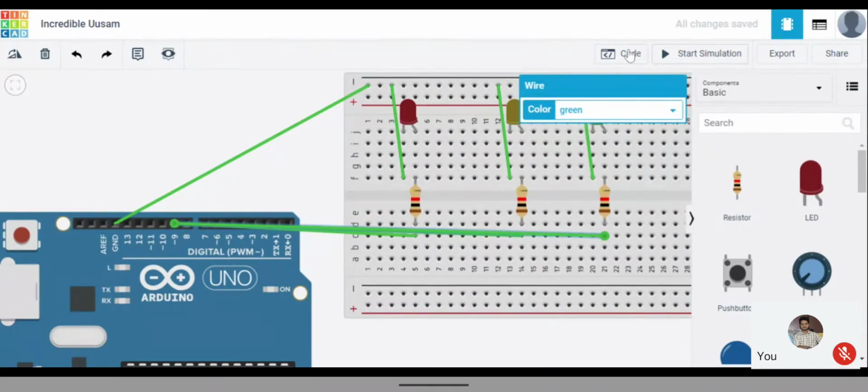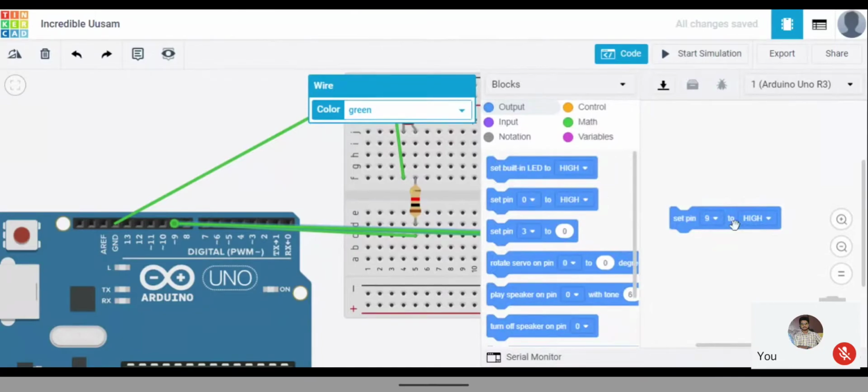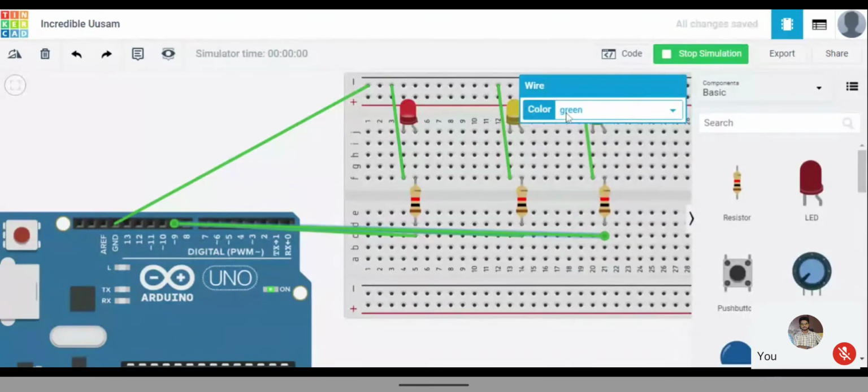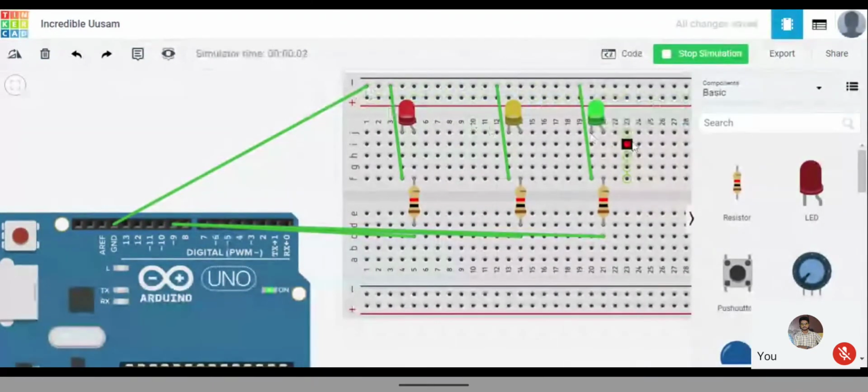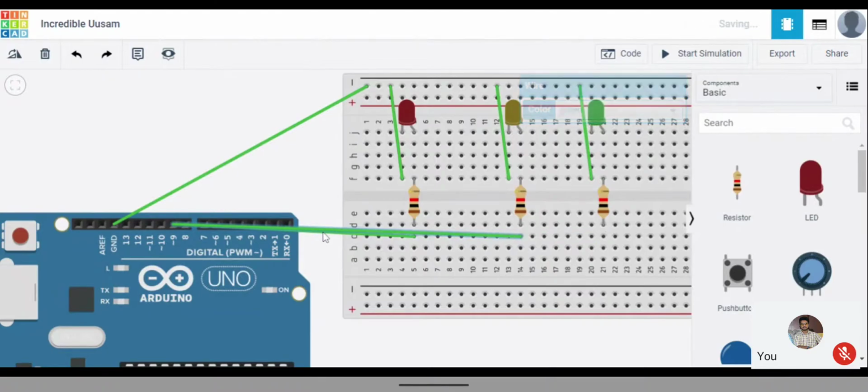When I have given the program here like set pin 9 to high, all the lights will be blinking. But traffic lights have three different colors, and they blink at three different times, right? They should not blink at the same time. So what I have to do for that? Connect those pins to different numeric values.